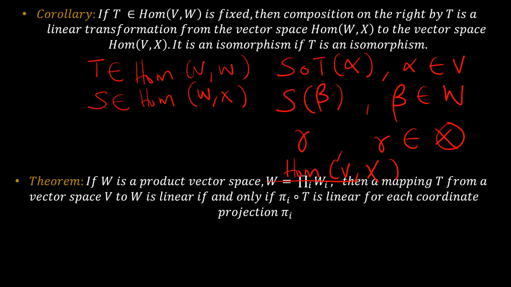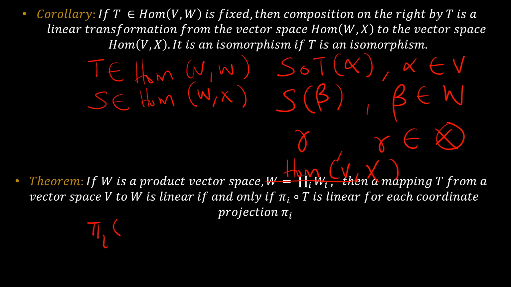But we could go ahead and do some proving here. If T is linear, and we already know T is linear since T is a member of the homomorphism VW, then pi i composed with T is linear, just by looking at this theorem here. Now let's do something else. Suppose conversely that the map pi i composed with T is linear. Then that means that